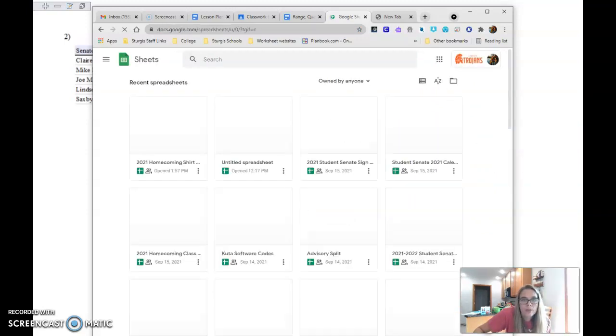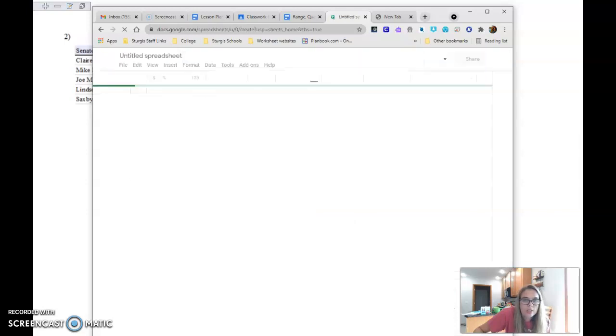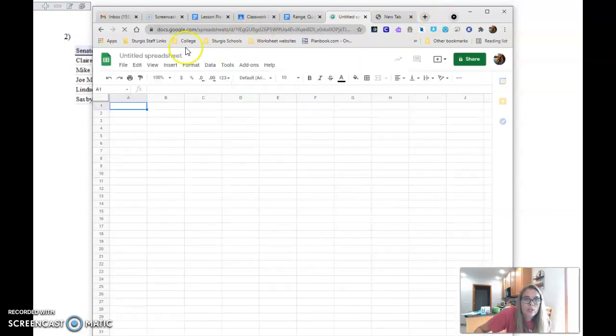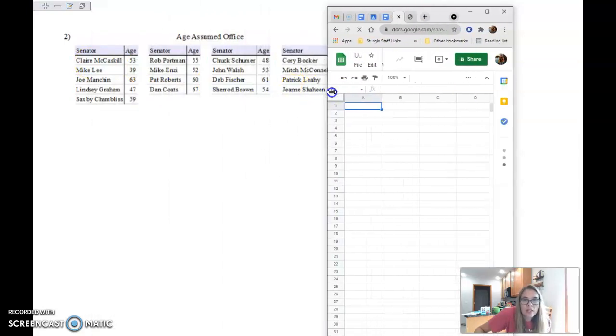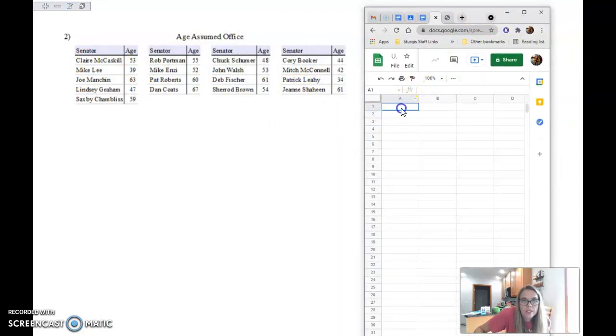And I'm just going to grab and open a new sheet to start. And then what you can do is you can enter this data. So I'm going to use the first column and enter this data: 53, 39, 63, 47, 59,